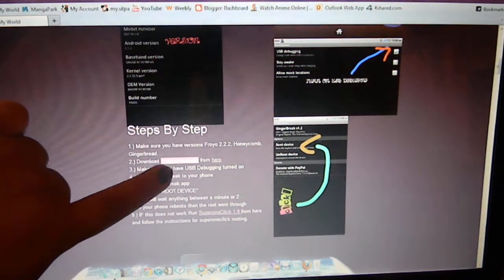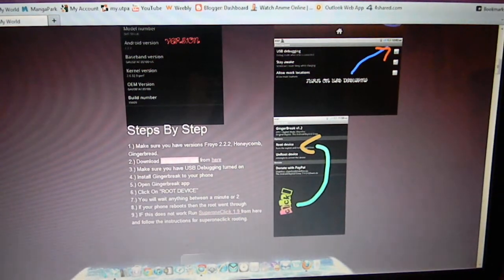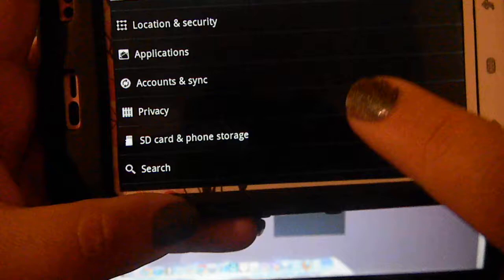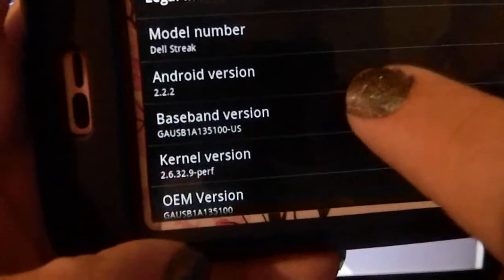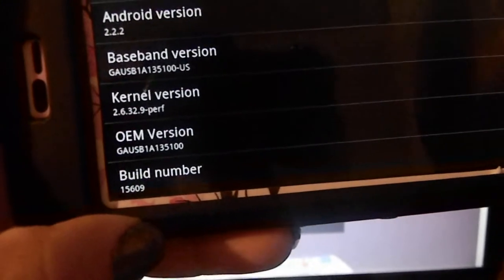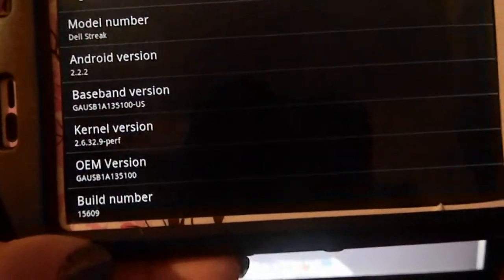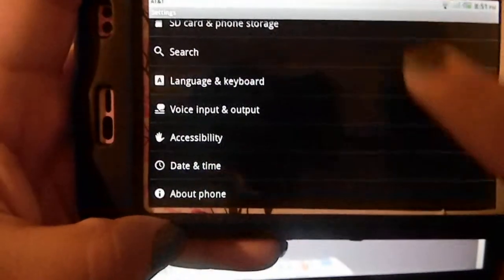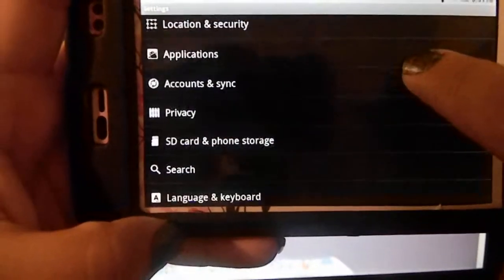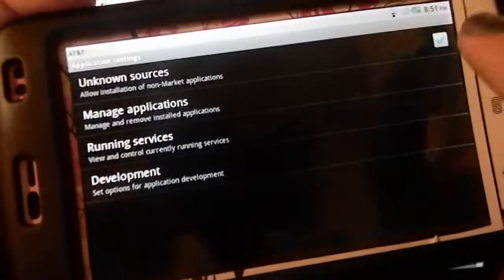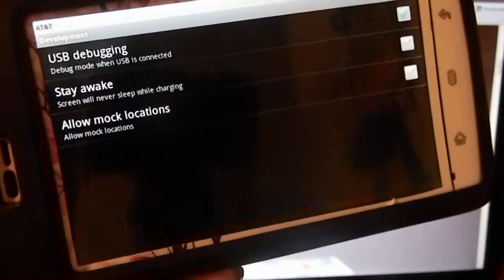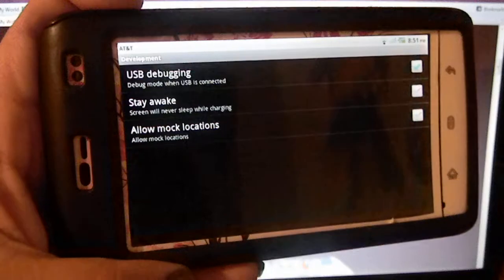Okay, now that you have the application downloaded, let me show you that I am running the stock version of 2.2.2. If you go to phone, you can see it says Android 2.2.2, and it has build number 15609. Before you add the application to your SD card, you will need to go to your applications and make sure unknown sources is checked, and also go to development and make sure your USB debugging is on